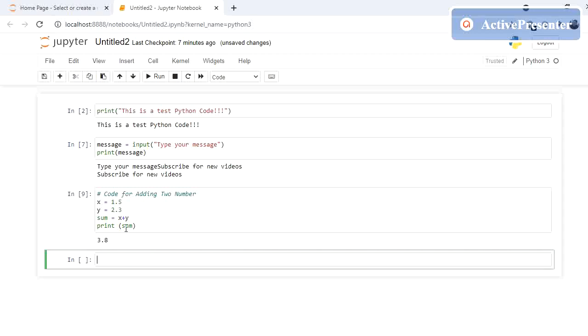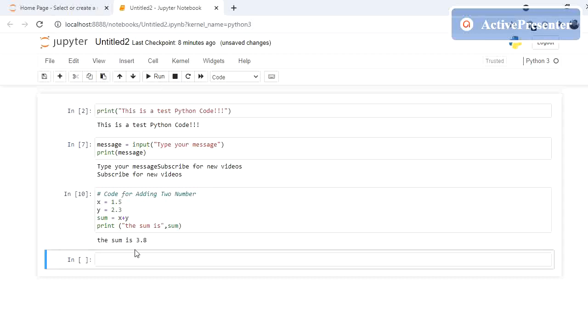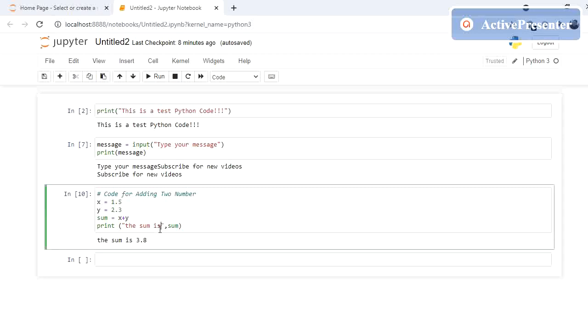So let's say if I want to write some message here, like "the sum is", you can write it like this, or you can write "the sum of", comma, x.